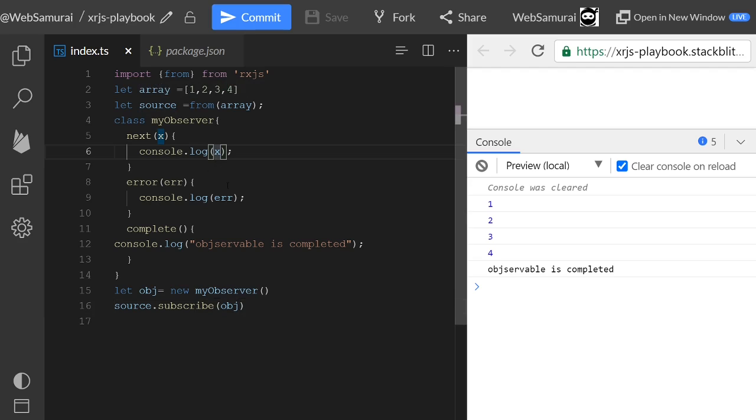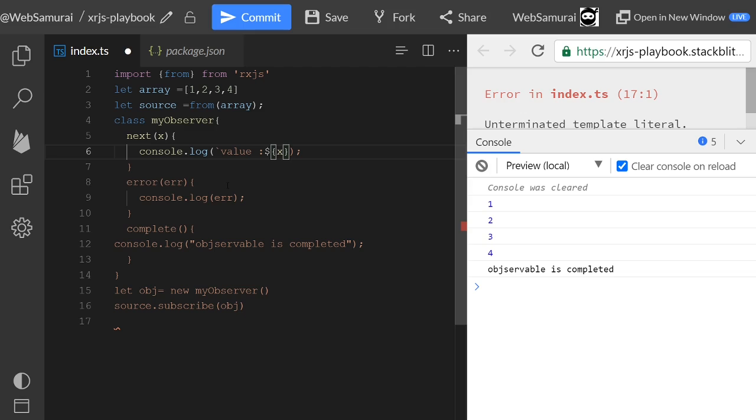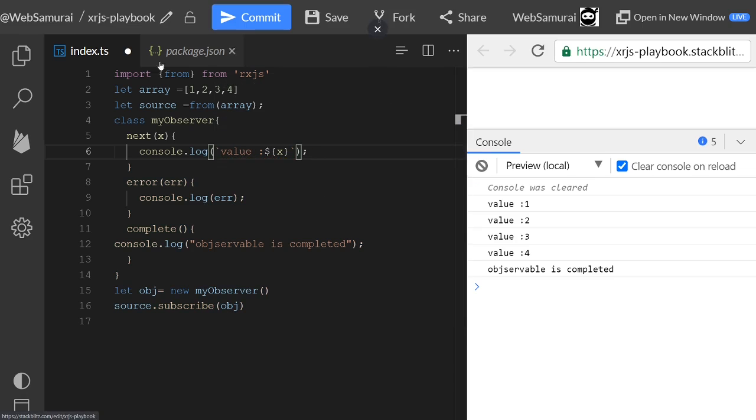If I change it to log value colon with a dollar-sign interpolation and clear the console, you can now see value: 1, value: 2, value: 3, and after all values have been emitted, the observable-completed event is fired and the complete method is called.